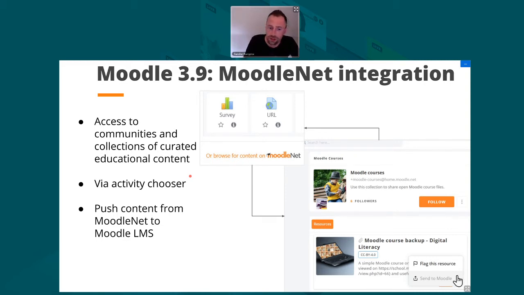In brief, the summary of what MoodleNet is, it's a federated social network for educators where we want it to be a place where they come online and they share the resources that they use, the open educational resources that they use in their classes and that they think are really valuable. We would love them to share them on this platform and make it known to other people